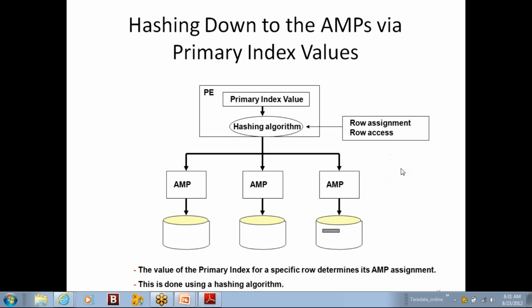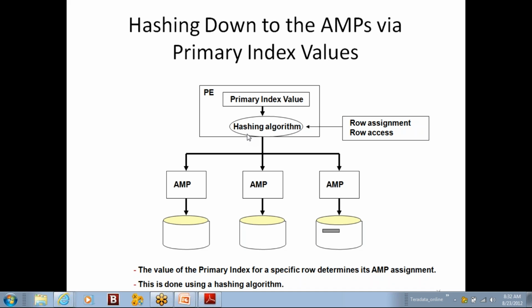With those different hash values, the AMP numbers will be identified almost uniquely, that means it will be rotated in round robin fashion. Whenever the primary index values are unique, the hash algorithm generates unique hash values and the AMP number is determined in a round robin fashion, so that an even distribution is possible.